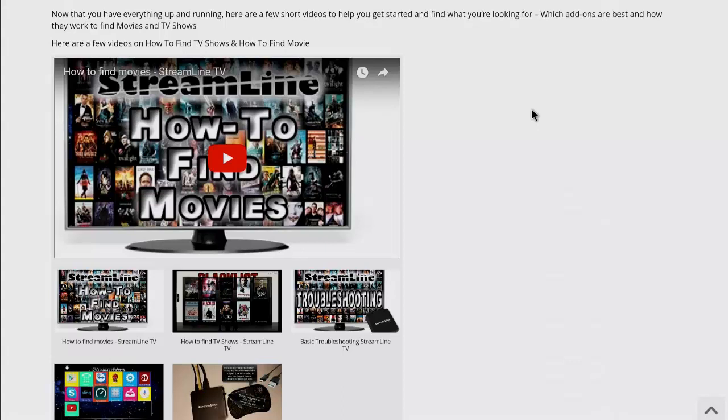So how to do searches, why we have multiple add-ons to get to different things or to get to the same thing, why it is that you can't find that movie in high definition over here, but you can over there, and where over here and over there is. So